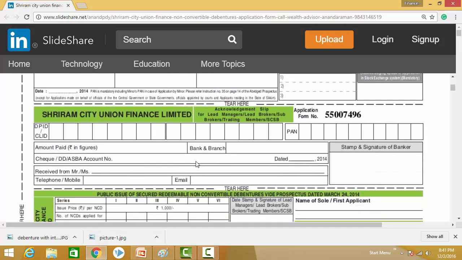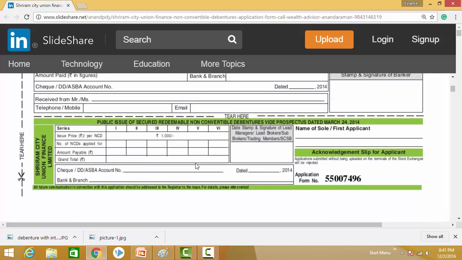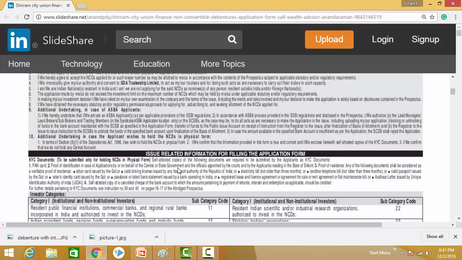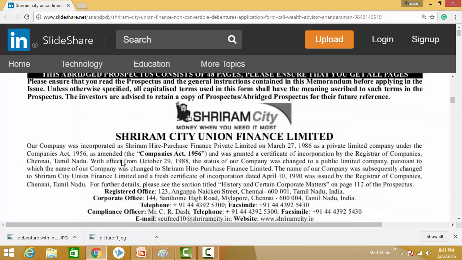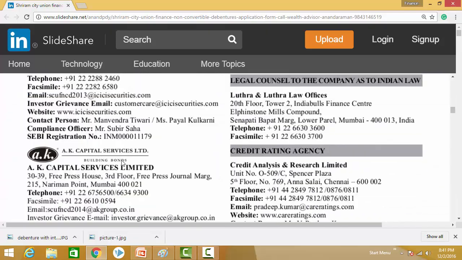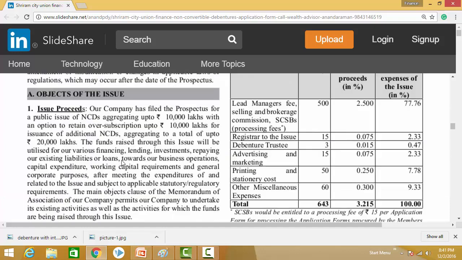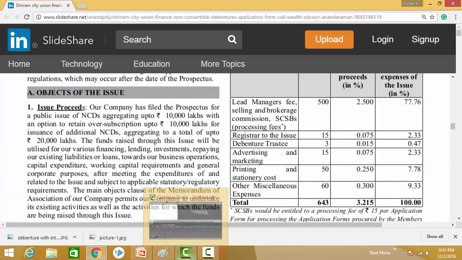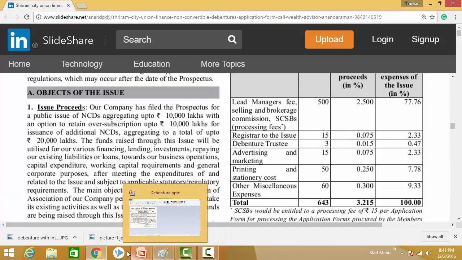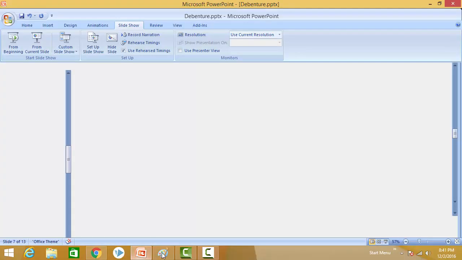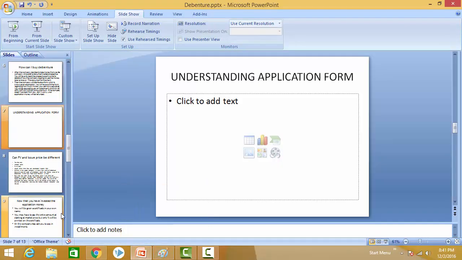You have to give your PAN number depending on the laws of your country, and you have the terms of issue. Again, this will not be in detail. You have to look up the prospectus for more detail. So that is it. Now that we have seen the important elements of an application form,